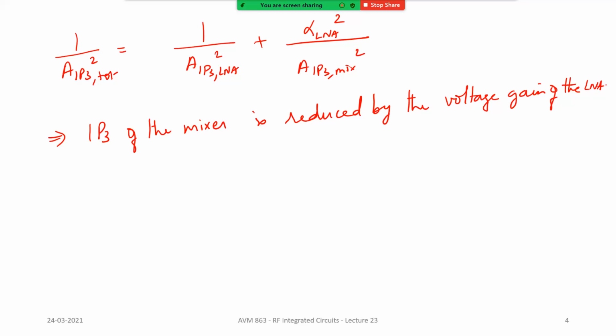So what we are saying here is, if the mixer by itself in isolation has a certain IIP3, when you put it together in a receiver system with an LNA preceding it, in the cascaded IIP3 expression the IIP3 is scaled down by a factor of the gain of the LNA. So you can see that noise and linearity have opposite requirements. In order to have a very good noise figure, you want the gain of the LNA to be high, and if you want the linearity of the entire system to be really good, you want the gain of the LNA to be low.